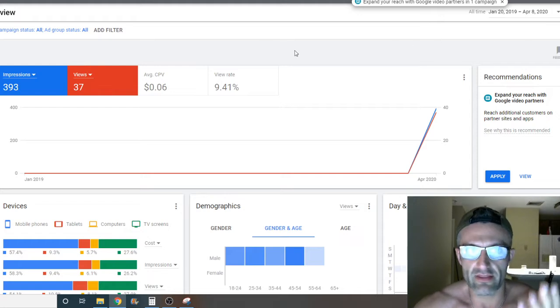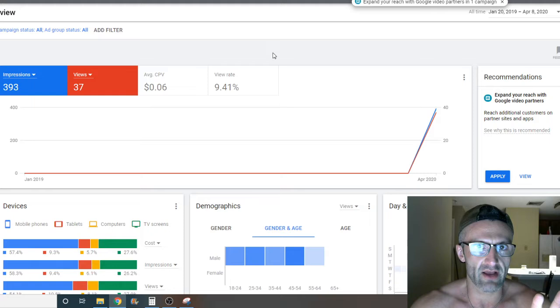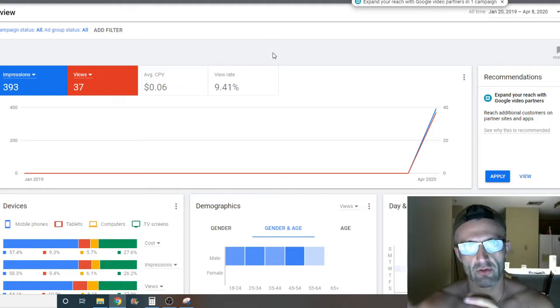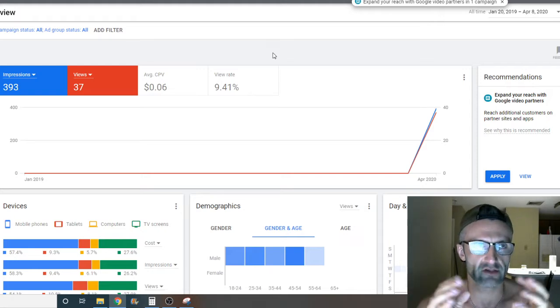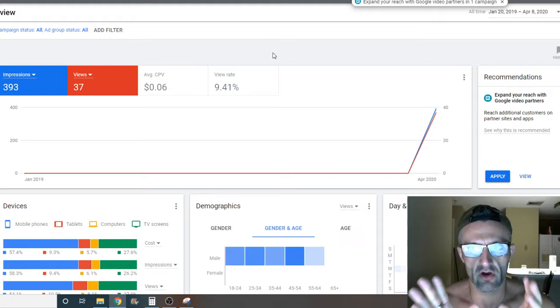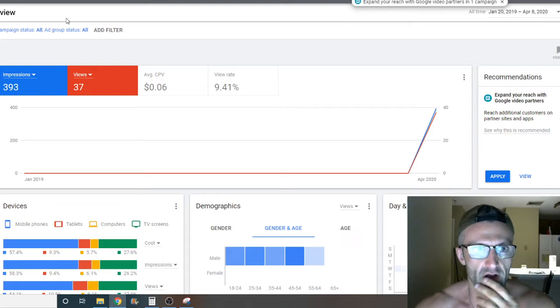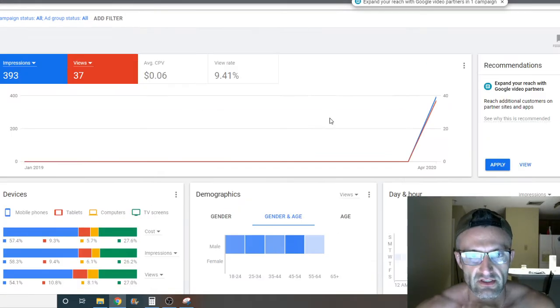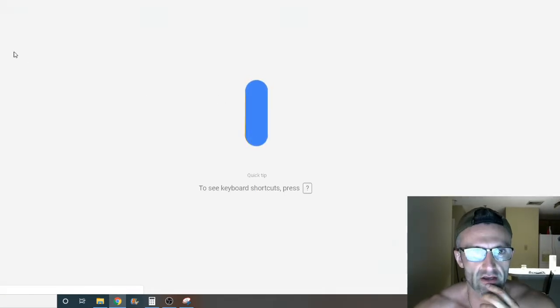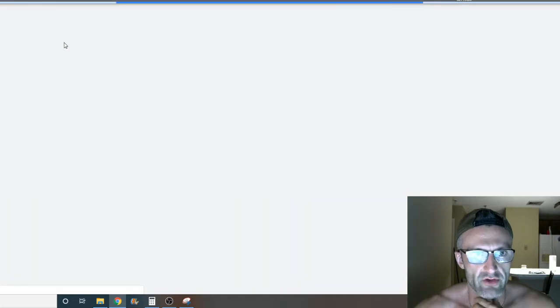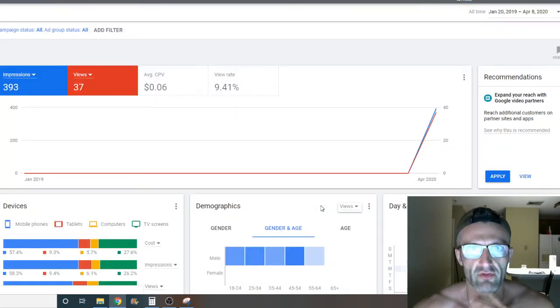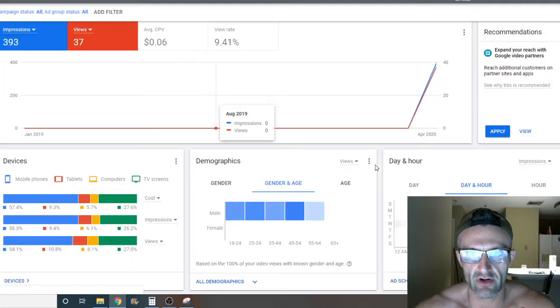Okay, so this is what it looks like. From my understanding, it's Google AdWords. It combines Google search, but also YouTube pre-roll ads and other types of YouTube ads into one place to do all of them. This is what it looks like when you log in. If you just click Google Ads up here, it will refresh the page and show you. Here it goes. When you log in, it gives you the performance of your last ad. So this ad that I'm running right now,